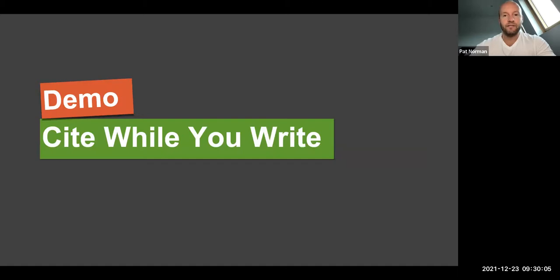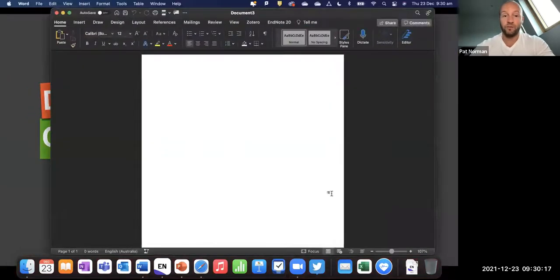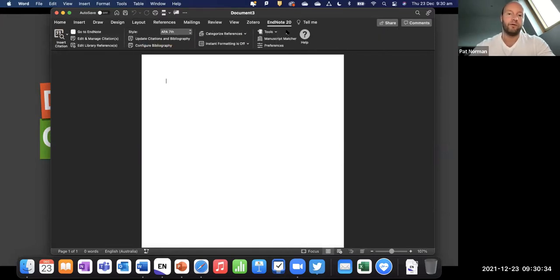So now that we have a few references in our Endnote library, we can jump over to Cite While You Write. So this is where we can actually use those references to format our reference list. So now I'm going to go to a Word document that I opened up earlier. And what you'll notice in Word after you've started using it, I'm just going to hide those Zoom tools, you've got this Endnote 20 menu at the very top of Word. So once you've got that plugin installed in Word, this is how you control your Endnote